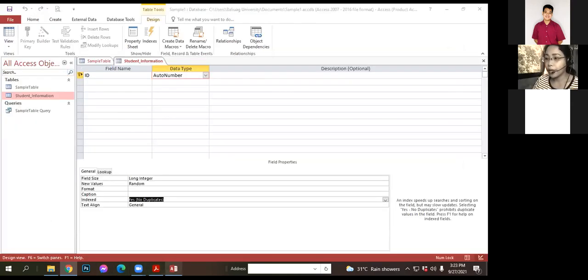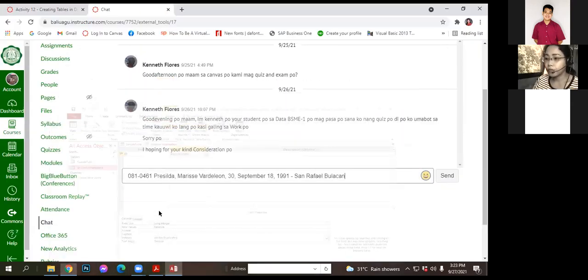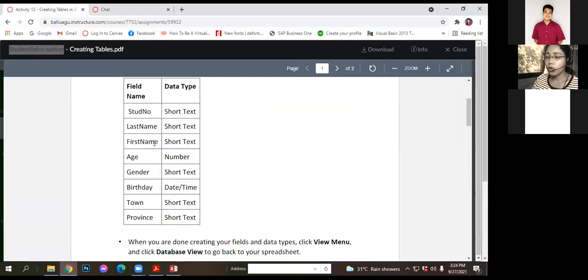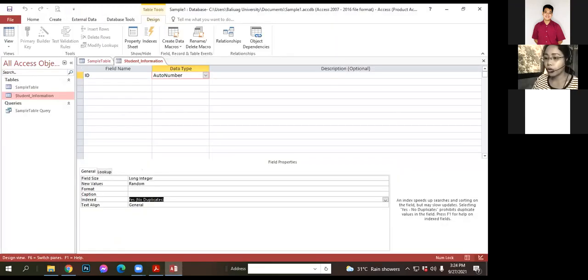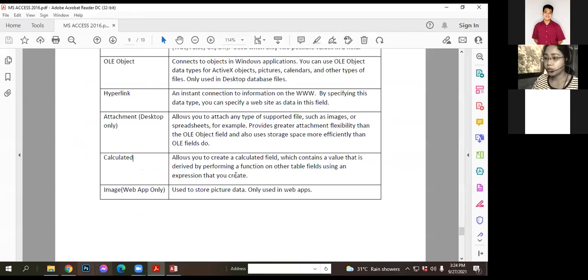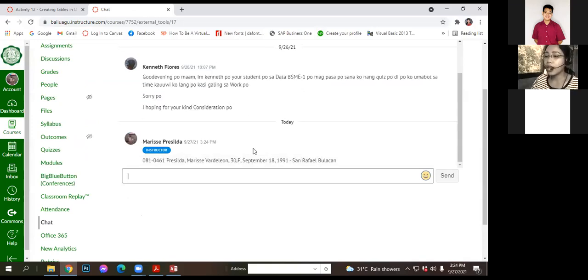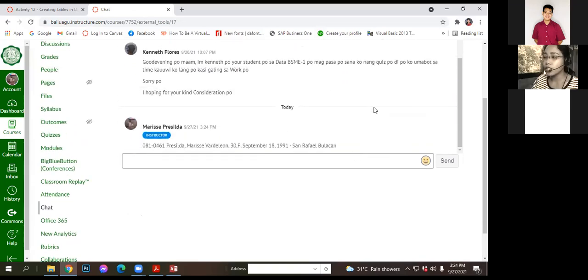Sakto na ba? Asan ba? Ito pala. So, last name, first name, gender. O, gender. Ayan. So, lagay nyo na lang dun sa chat box para doon na lang kakopy ng classmates ninyo at least